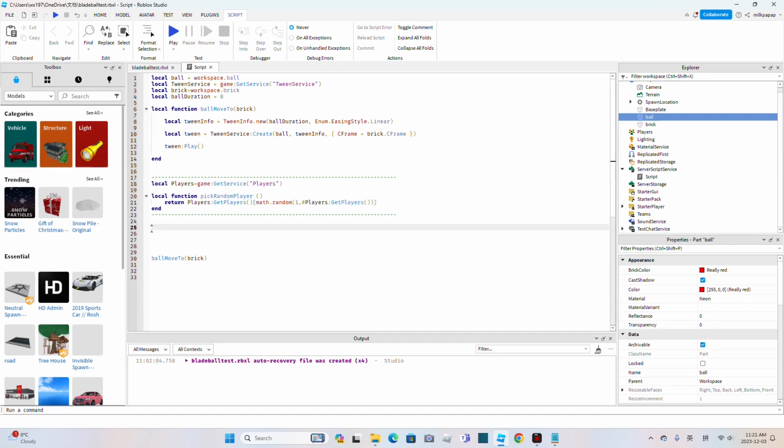And then what I need to do, I will not let the ball move to brick. I will let the ball move to a chosen player. So I will add local chosen player equal I will use the function pick random player, and now the chosen player is a random player, and I will let the ball move to the chosen player,